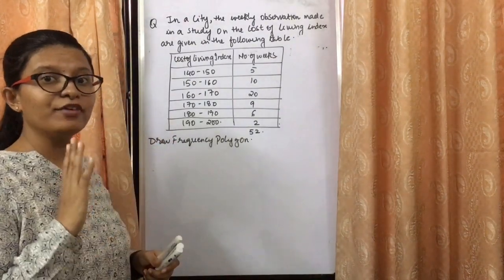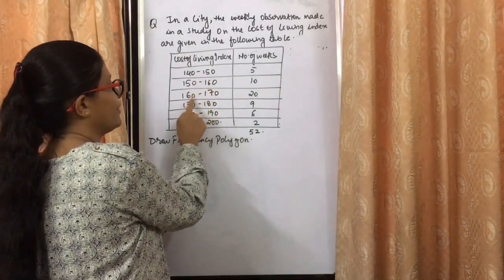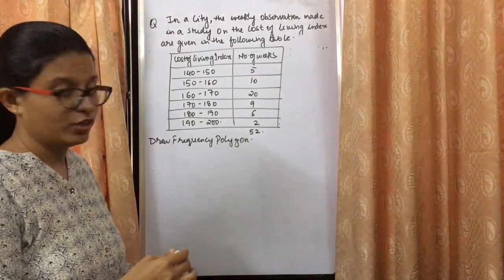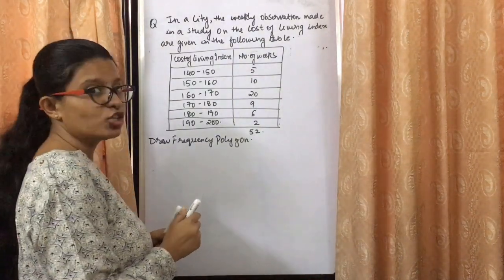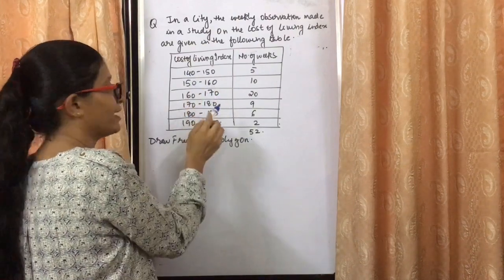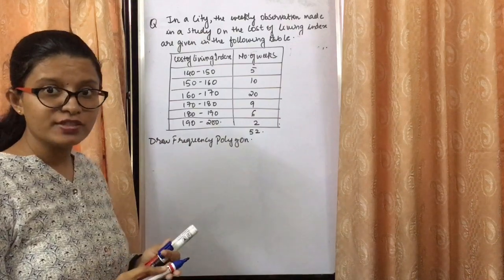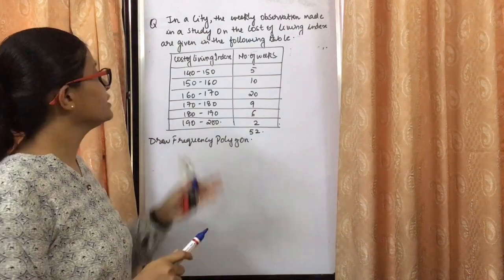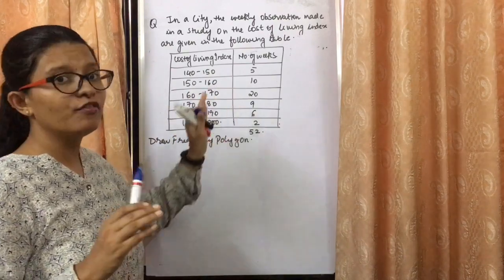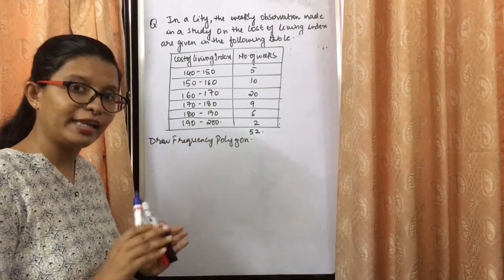First of all, we will see whether the class intervals are continuous. 140 to 150, 150 to 160, 160 to 170 and so on. I can see the class interval is continuous. Can you see the class width is also constant? 140 to 150 is 10, 150 to 160 is again 10, and if you go down you will get 10. So class size is constant, class interval is continuous. So can we make a histogram for this? Yes, we can make a histogram for the given data very easily.